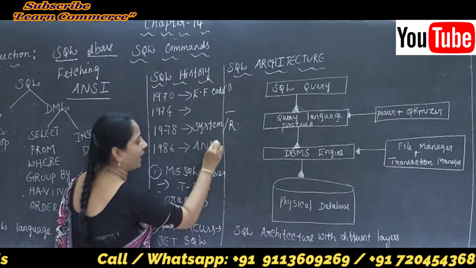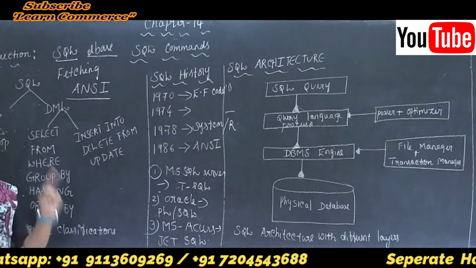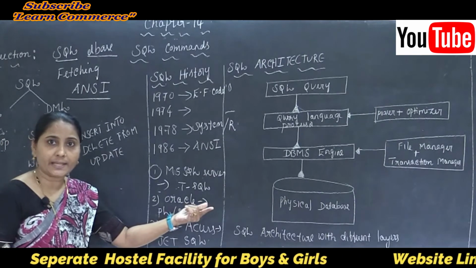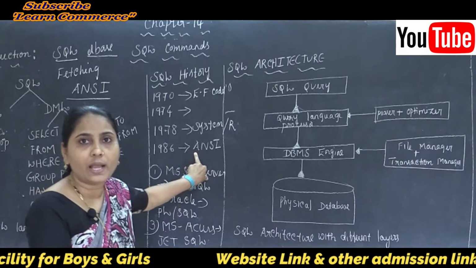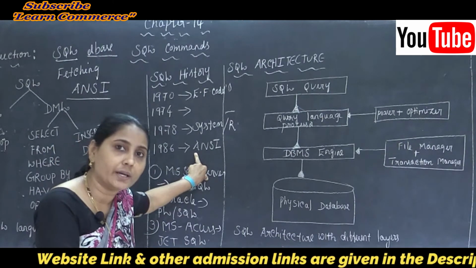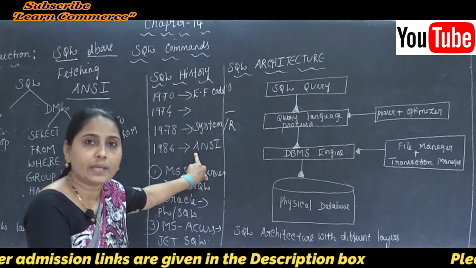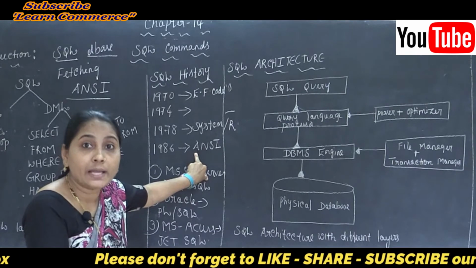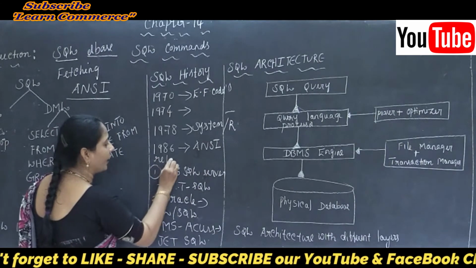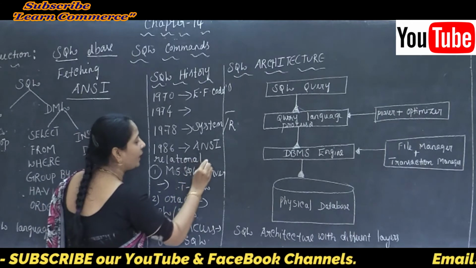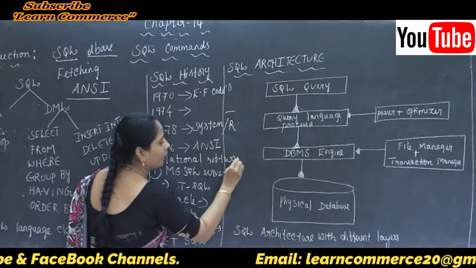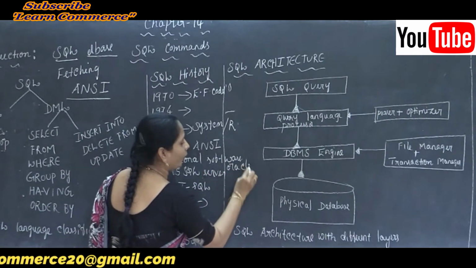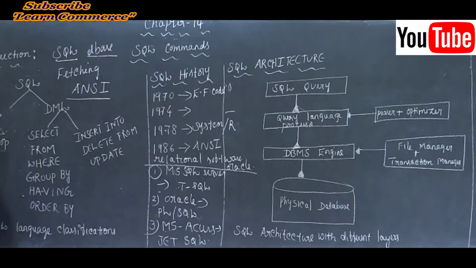What is the full form of ANSI? After developing the first declaration of the relational databases, such databases were standardized by ANSI. The full form of ANSI is the American National Standards Institute. So we can say the first prototype of the relational databases was released by Relational Software, and such Relational Software later became Oracle. Clear this point here? So this is about some of the history of SQL.